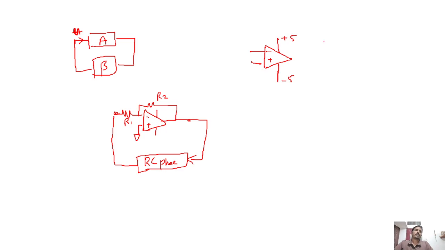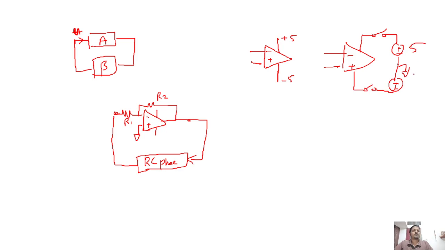Initially it will be off, and whenever I switch on, or just connect this bias,